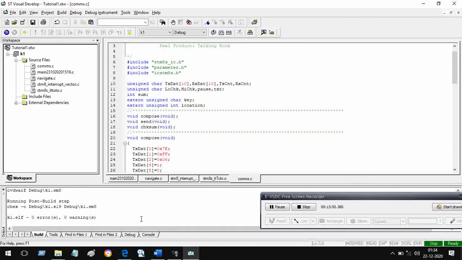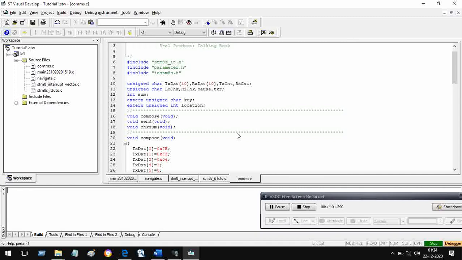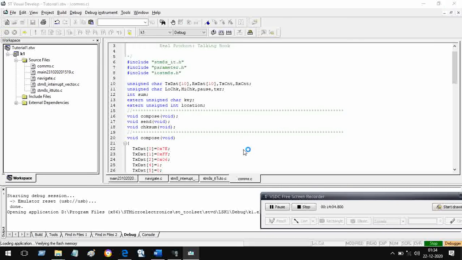So now I can send this data to the microcontroller. SIM ST-Link is connected, yes. Now it is preparing to send data, and it has sent it now in the process.